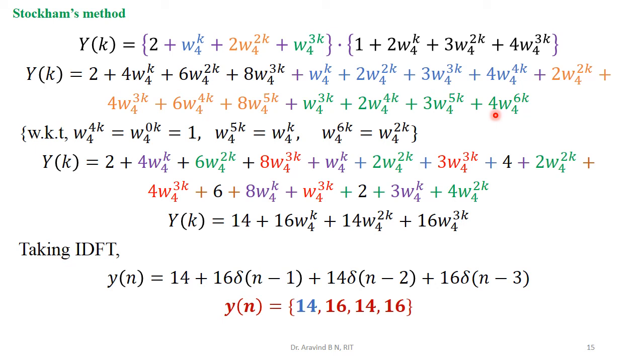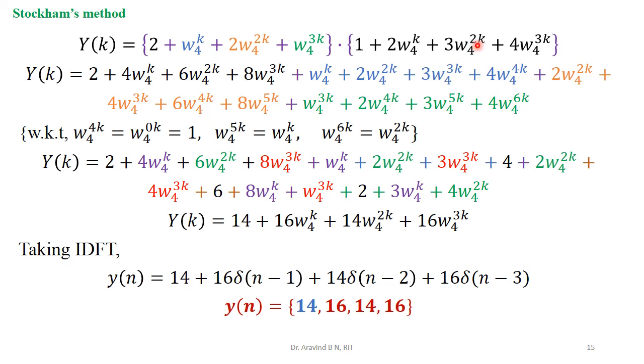While multiplying, remember that the coefficients are multiplied directly, while the powers of the twiddle factor are added. For example, if I take this particular value, the coefficient of this twiddle factor is 1 and the coefficient of this twiddle factor is 2. So 2 into 1, 2 is kept as it is. For the twiddle factors, omega 4 power k multiplied with omega 4 power k, the twiddle factor powers add up together. The k coefficient is 1 and the k coefficient is 1, so that is 2 we have got.